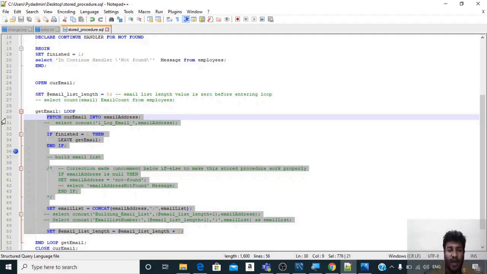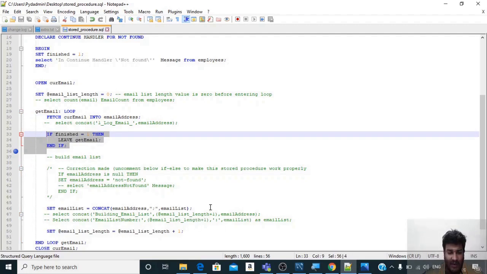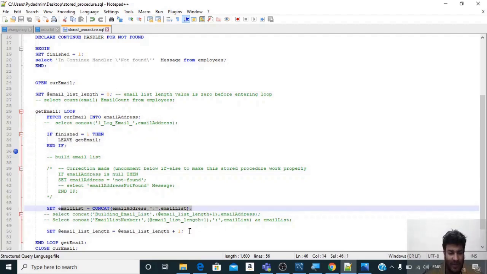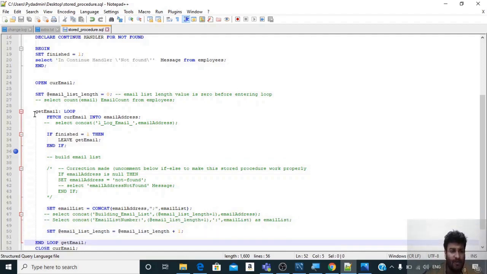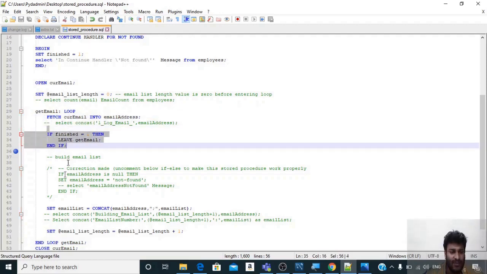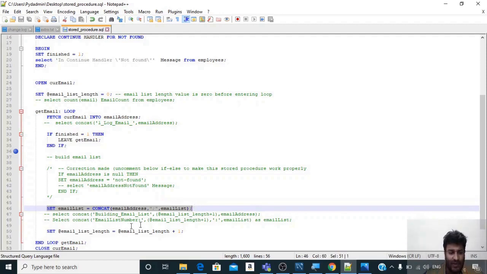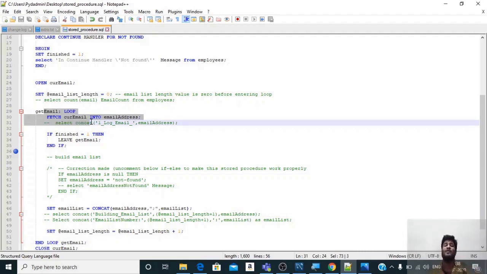So what will happen? Statement at number 30 will execute, then this if statement will execute, then this statement will execute, then statement 50 will execute, then it will come to 52, then it will go back again above, and it will start executing 30, then again this will be executed, then the next line 46 will be executed, then in this way it will reach 52, and then it will go back again. So sequentially it will loop like this. It will keep on repeating the statements inside it again and again until